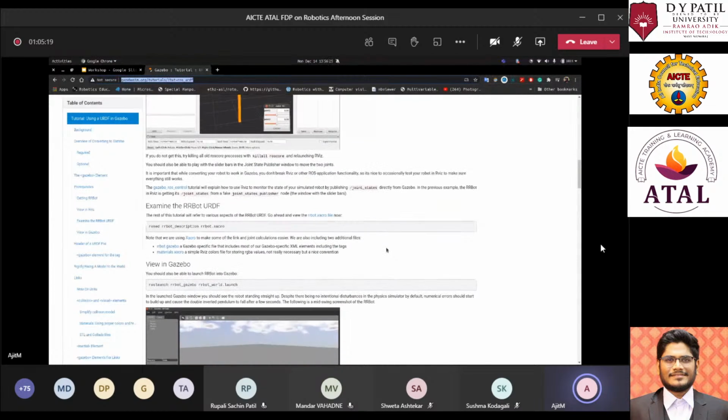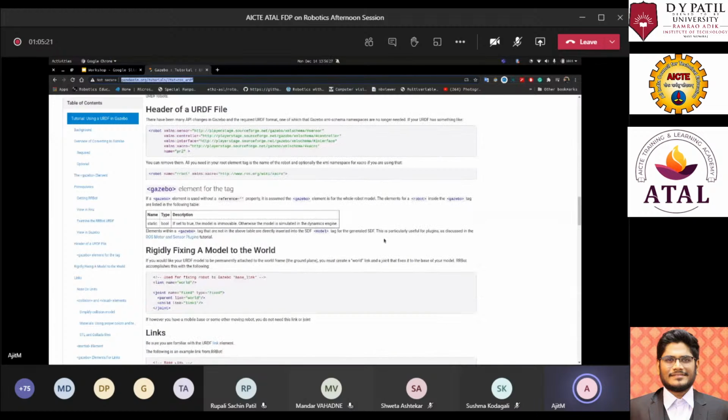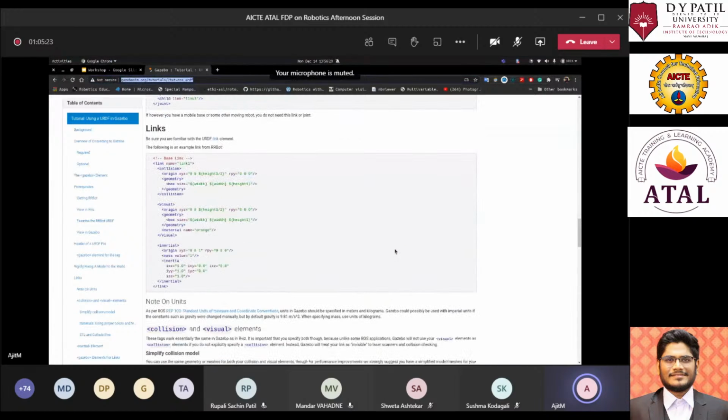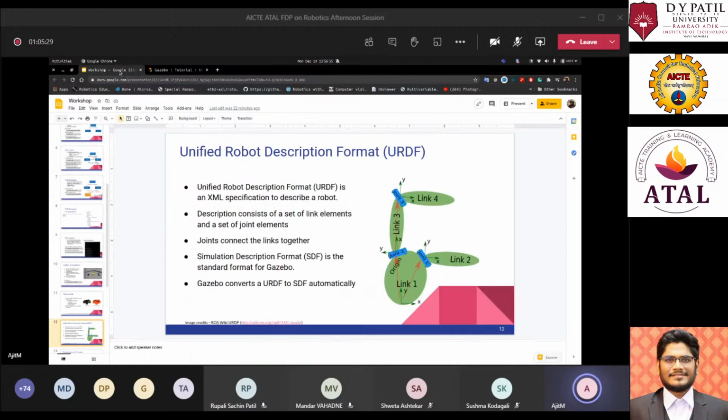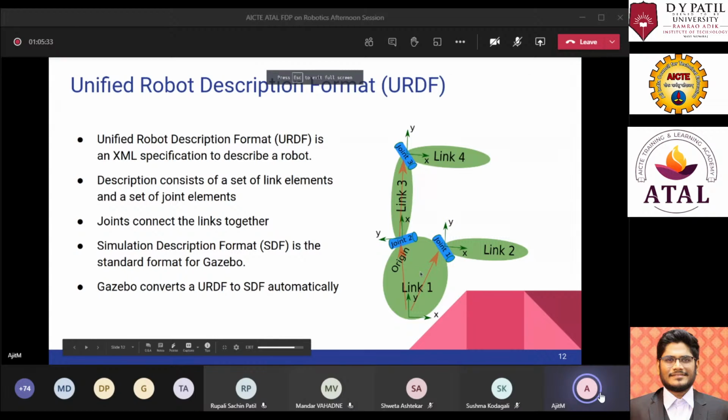Using these links and these joints, you can define them in a specific format and come up with the robot.